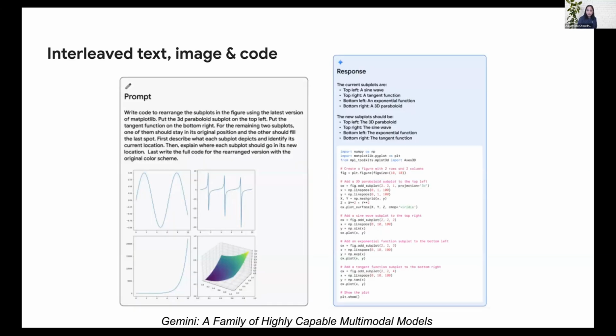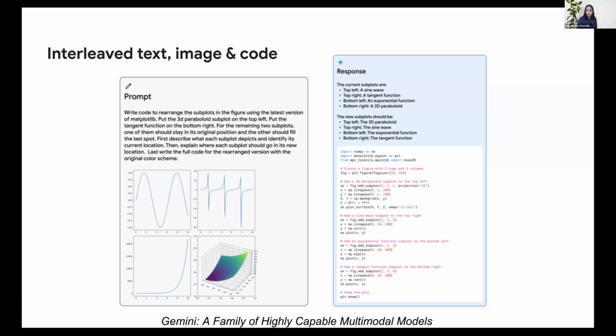And another fun aspect is, why restrict to just audio? Why not just put code in the mix? So another example from the Gemini technical report is that you can interleave text, image, and code. The model is prompted with 4 plots and asked to rearrange the plots, here from Matplotlib. I'm sure many of you have to do such data analysis tasks, and you've done some plotting in Matplotlib. I will not make you go through the entire prompt, but basically the model is required to rearrange these plots.